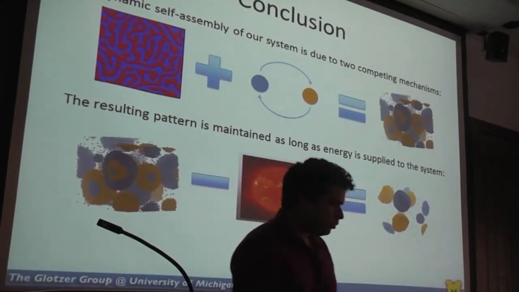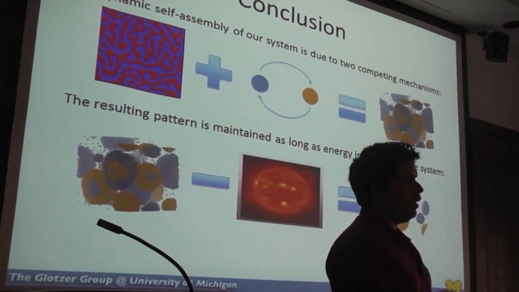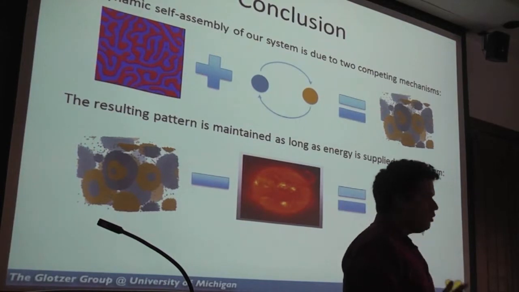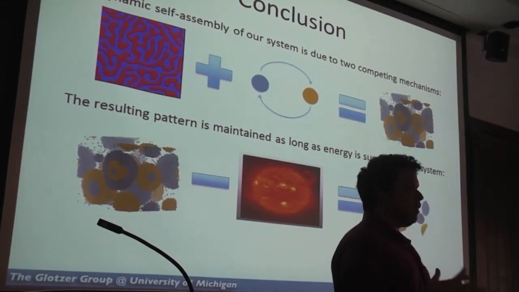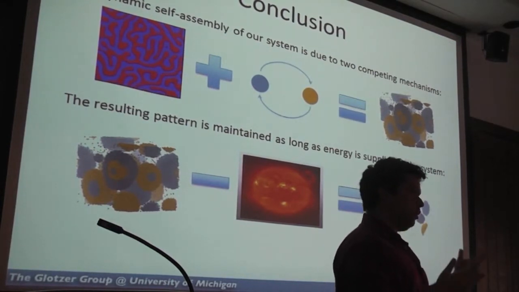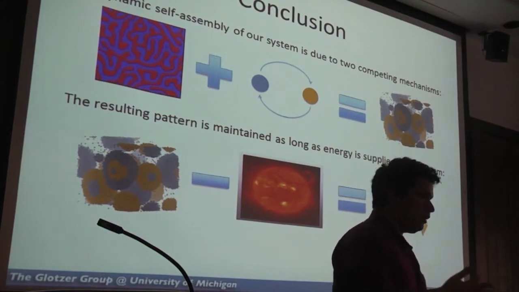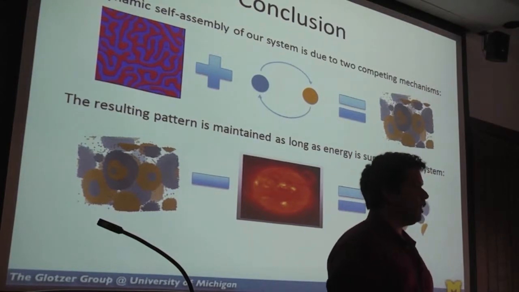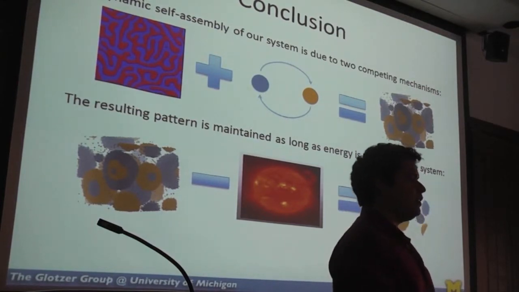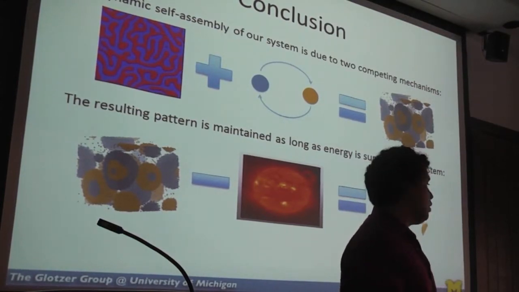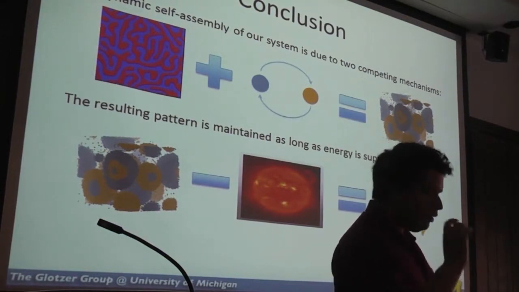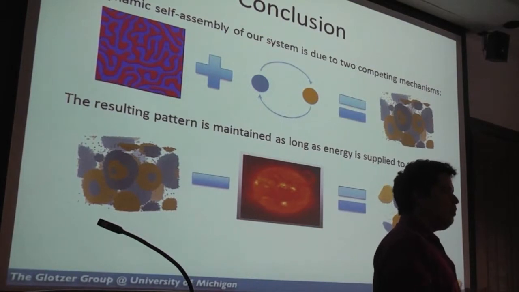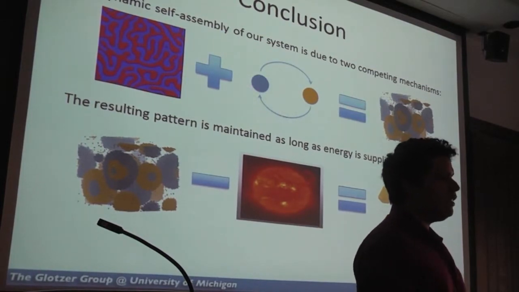So in these two systems, we have systems that are fairly well understood. The first one is the system that phase separates through spinodal decomposition, kind of like oil and water. In the second one, a system that aggregates. And we've thrown a little change, a little temporal dependency onto that system, and have been able to capture a state that was not